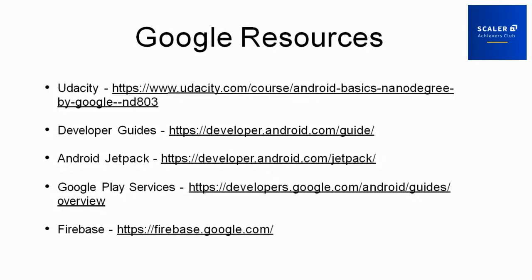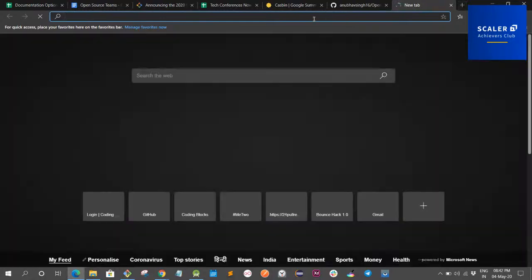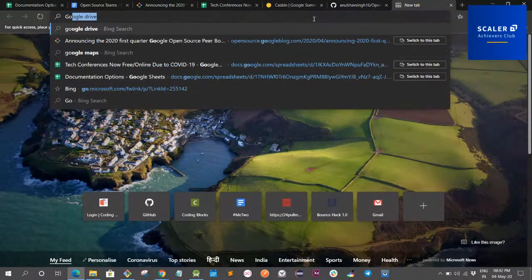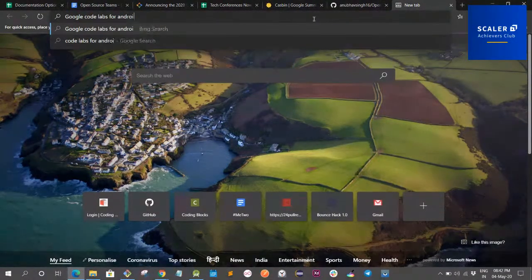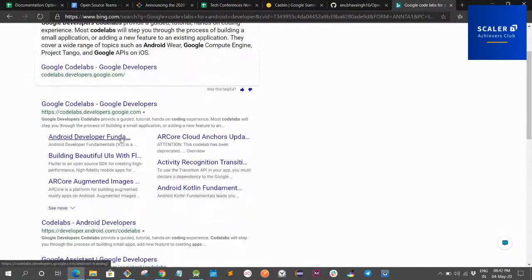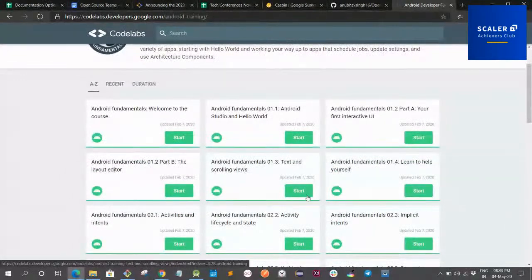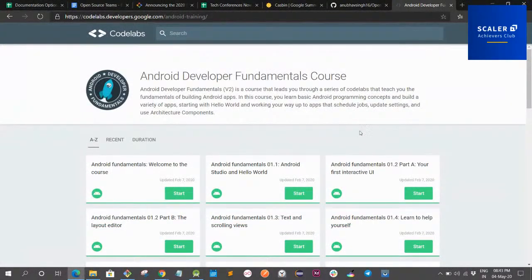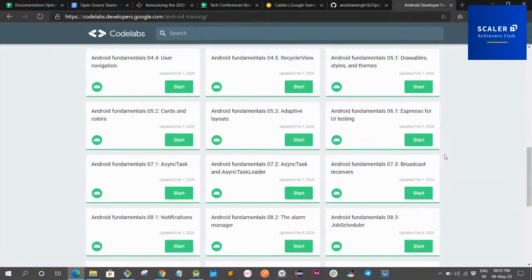a very good resource. You could also search for Google Code Labs for Android developers, although Chrome will give better results. It is a free resource and something which I like a lot. Yes, Google Code Labs, Google developers, Android developer fundamentals. If you are a beginner and willing to get started, then this is really perfect for you. It has short code labs with very clear and easy to understand language,